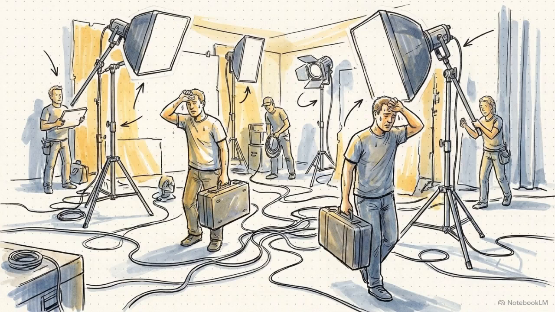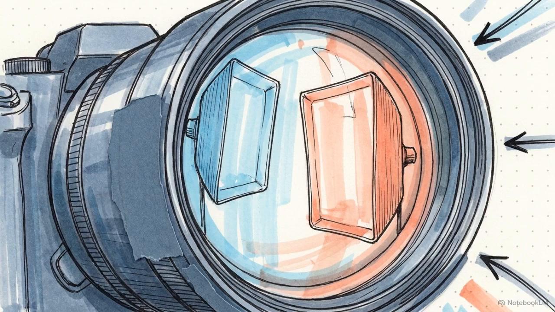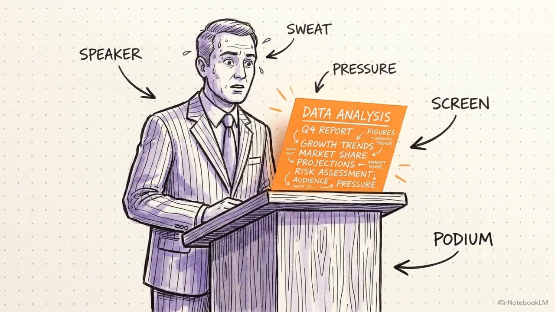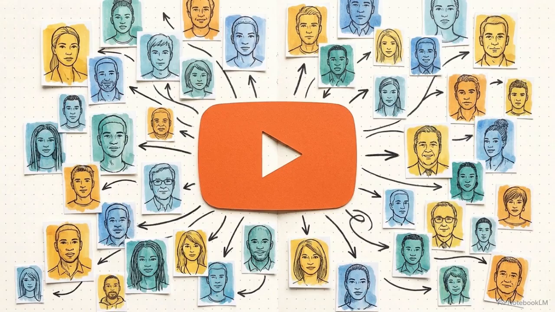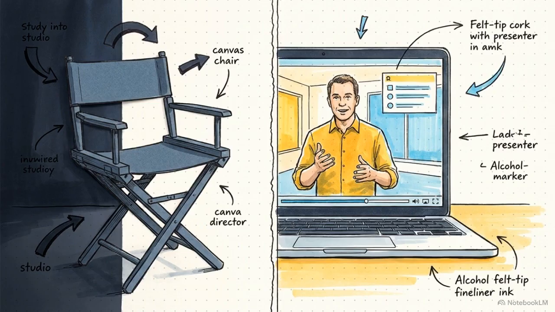Scaling video content has historically been a high-friction process. It traditionally demands pristine camera gear, studio lighting, and the kind of flawless delivery that usually takes years to master. But a new landscape is emerging. Hyper-realistic AI avatars are now dominating platforms like YouTube, allowing creators to produce high-end content without ever stepping in front